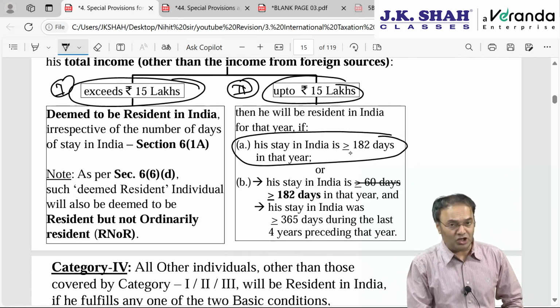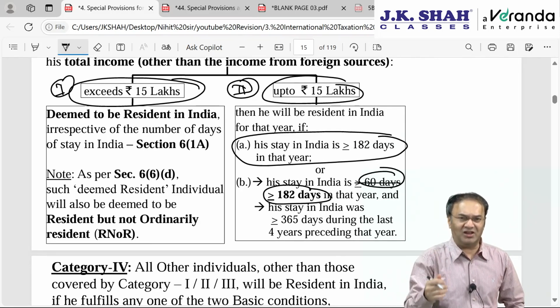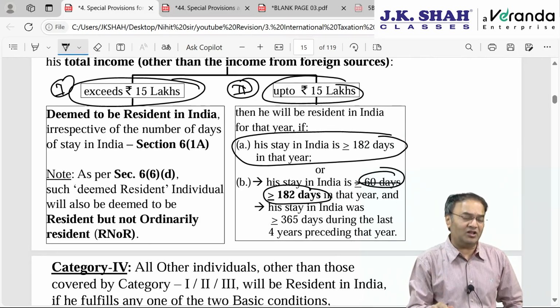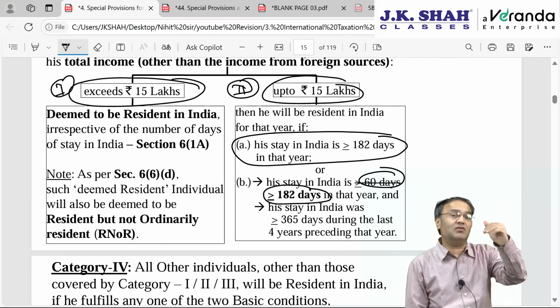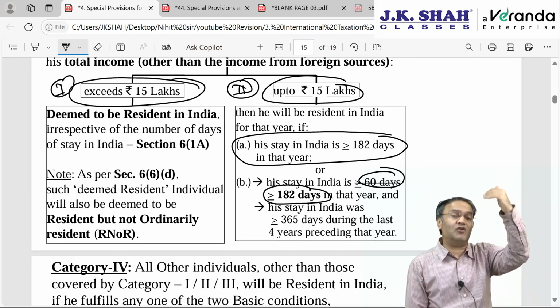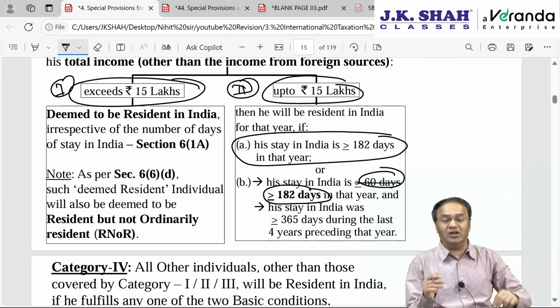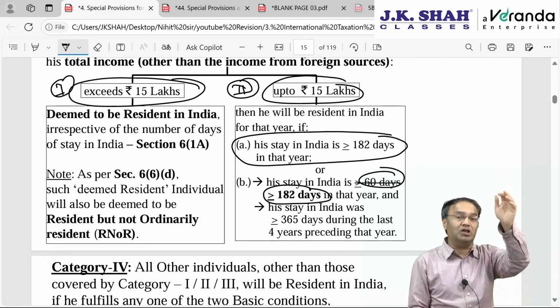First condition: 182 days or more. Second basic condition: 60 days should be replaced by 182 days. Same as category 1. So category 1 and category 3, both the places, provisions are same. Category 1 was citizen of India leaving India for employment outside India, and here, irrespective of his total income, irrespective